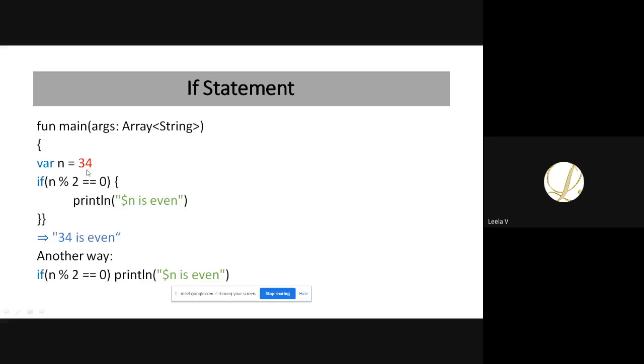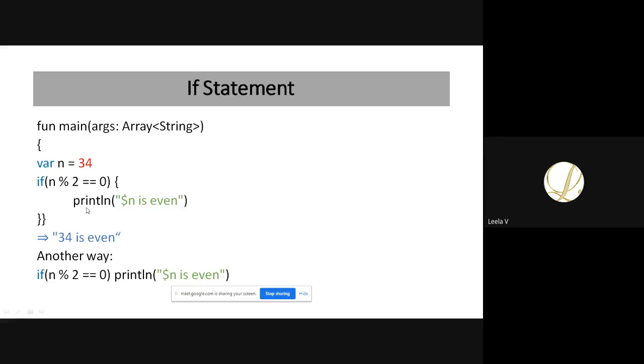Here I'm considering an input number, 34, and checking whether this number is even or odd. I'm giving only a single condition: if n modulus 2 is equal to 0, then print even. I'm using only the if part, not the else part. So if this condition is true, then the statement will be executed.